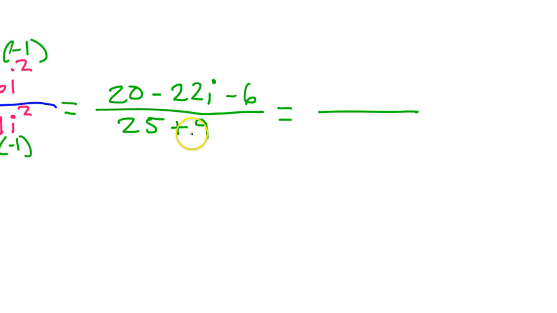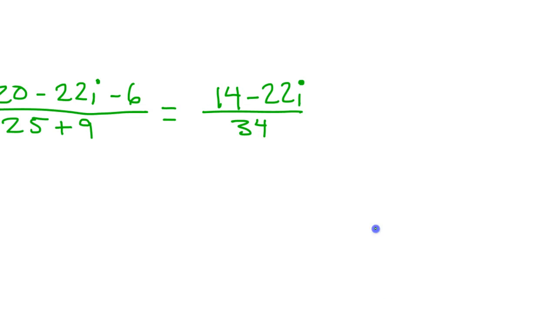Okay, let's see. So 25 plus 9 would be 34. And then 20 minus 6 is 14. So 14 minus 22i. Now, we're shooting for standard form a plus bi, so we need to separate this into